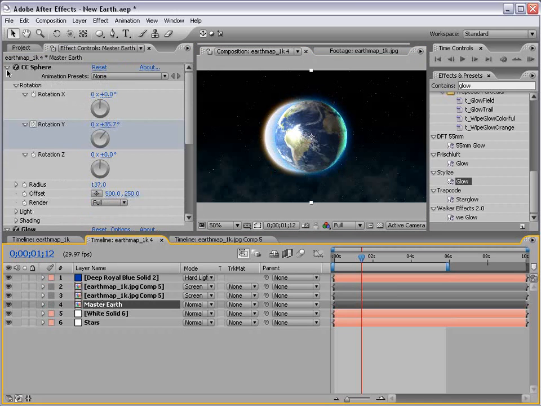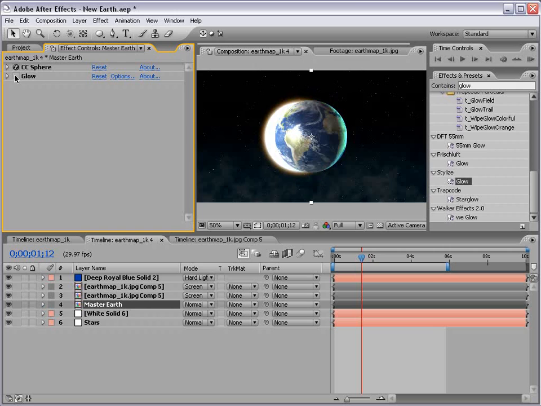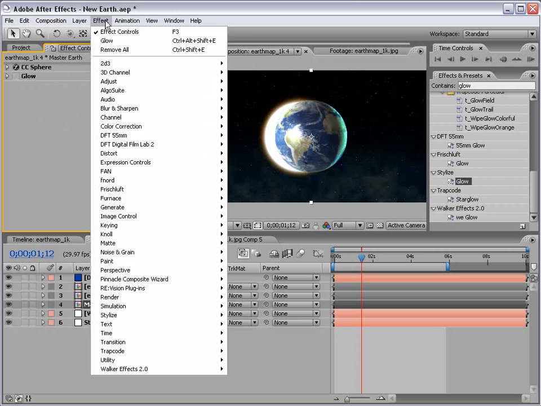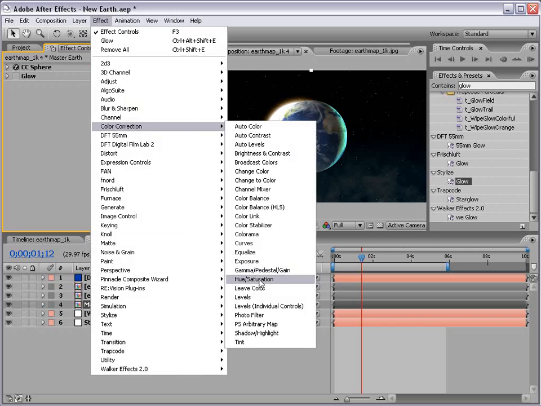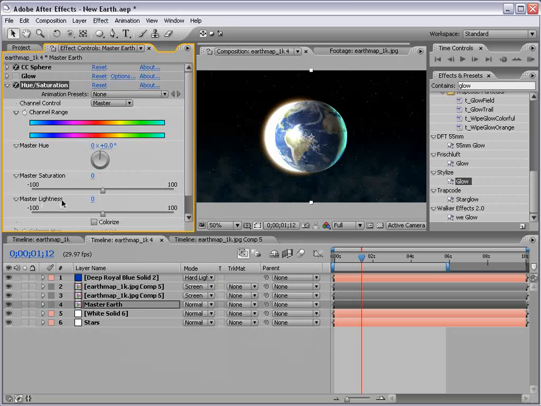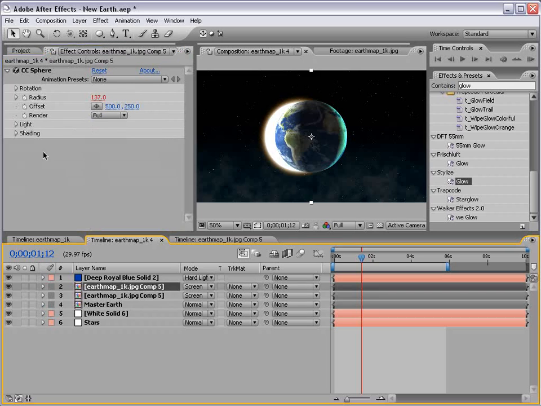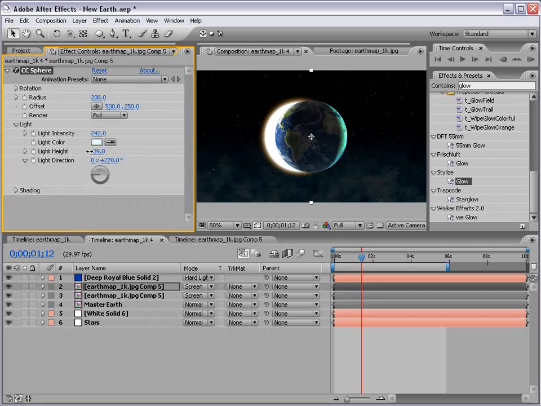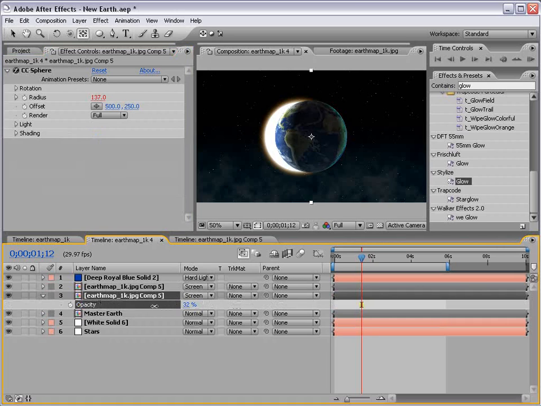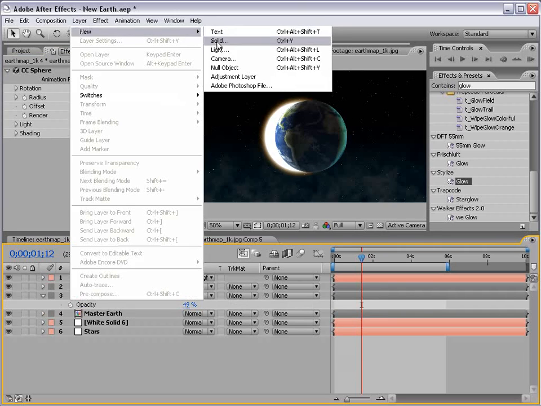If we go to the Earth, shut the glow off. We'll choose Effect, Color Correction, Hue and Saturation. And we want to bring the lightness down. So it's okay that the other ones sort of had their light on, but we want the lightness of the main part of the Earth to be dark. You can, of course, go into any of these and adjust the light to make it a little more realistic. Bring the opacity down of the backlight there. So whatever you decide. But the gist of this is to create a new black solid,